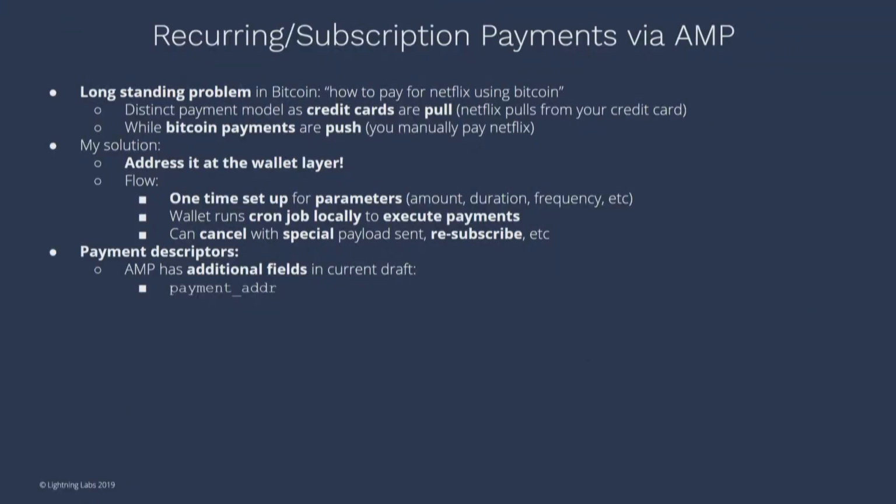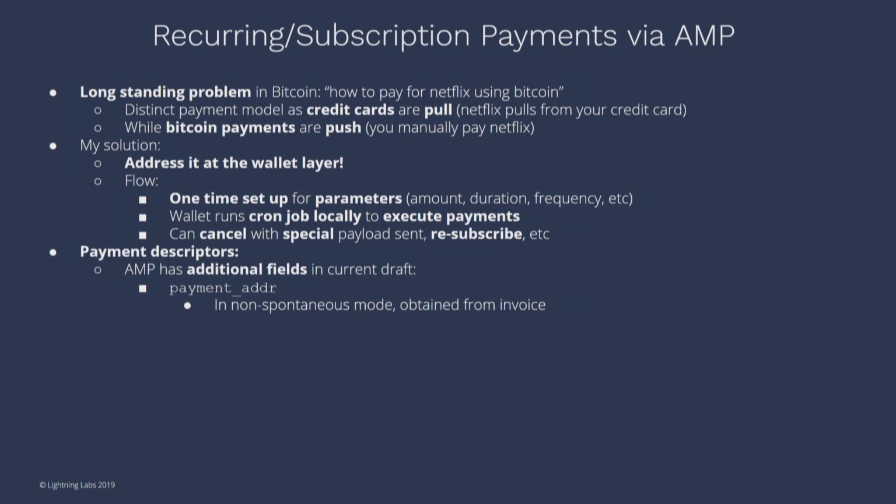So I have this thing I'm kind of calling payment descriptors. Maybe we'll have a better name in the future. But one other thing that I was talking about with AMP and also with this new TLV format in general, you can basically have arbitrary key value pairs in the payload, right? So we're going to have something that we call payment address. The payment address is actually going to be in the invoice. Think about this as my account ID or maybe my identifier in the thing itself.